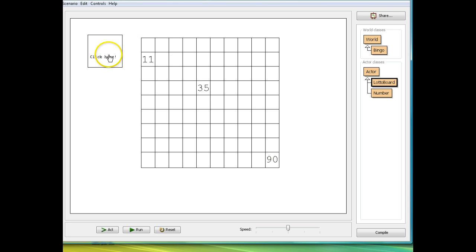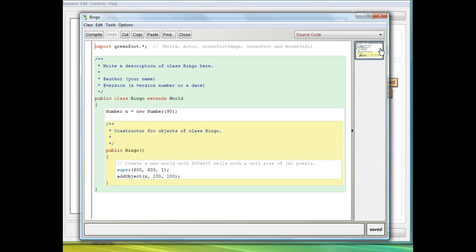Hopefully you're going to see, right? So now we're getting somewhere, right? Because all we have to do is call this and place our number on there. It's getting a lot easier, right? So now I've created my lotto board. So now what I'm going to do is put my lotto board in the